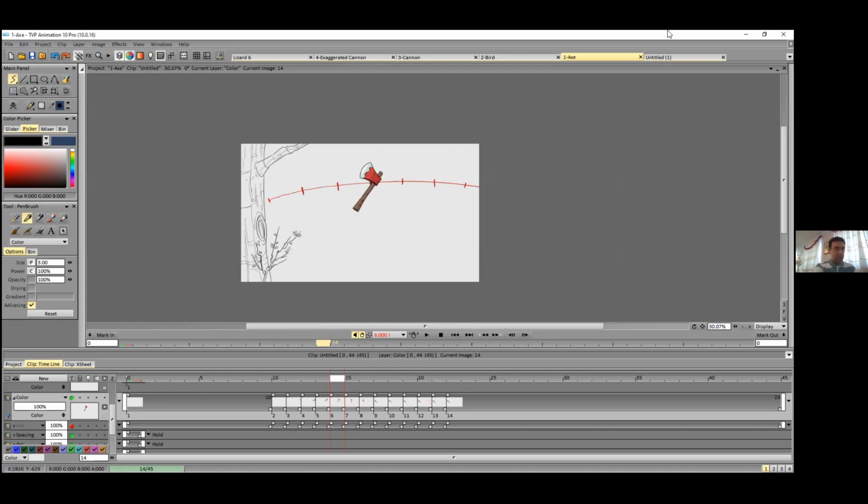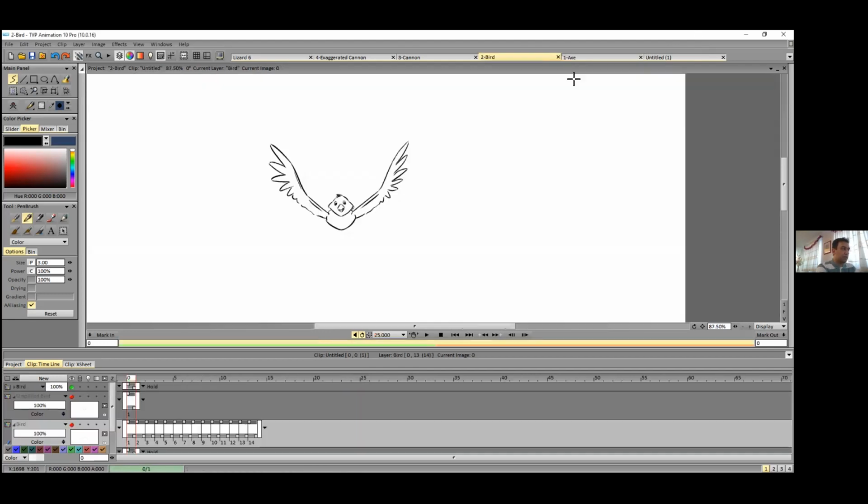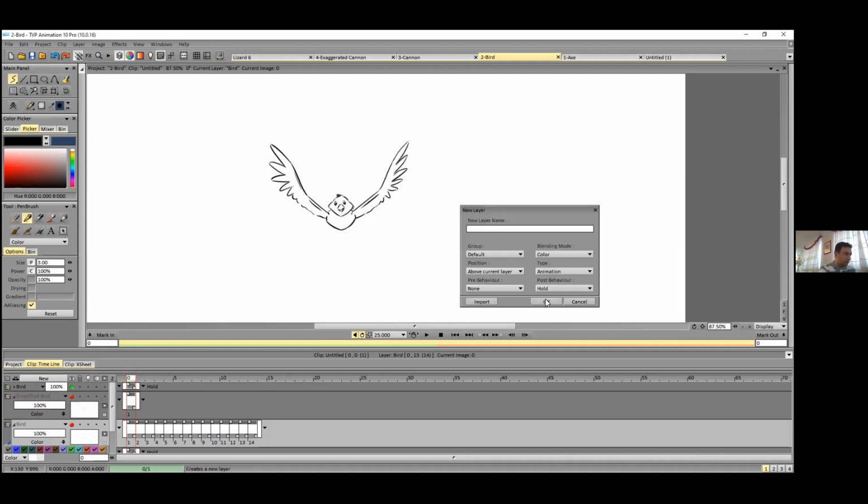Okay, let's do another exercise. We are going to animate a bird like this. The bird is flying, but again, we should simplify.